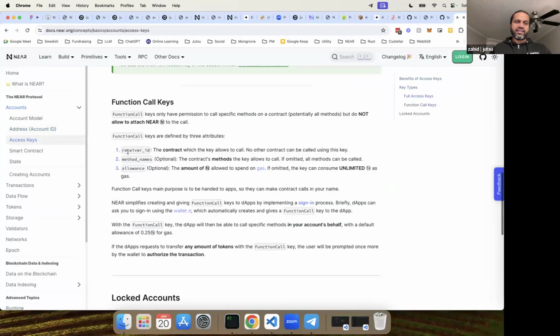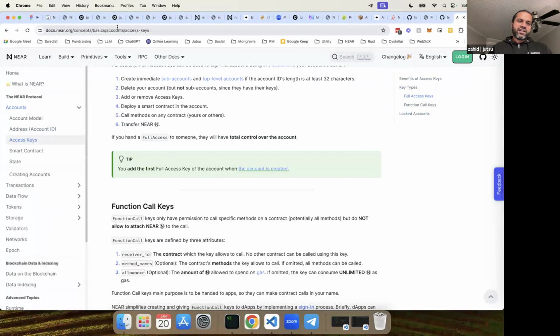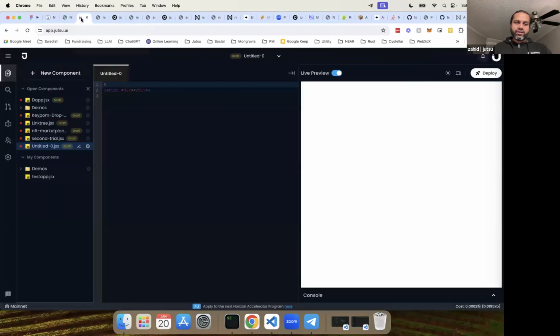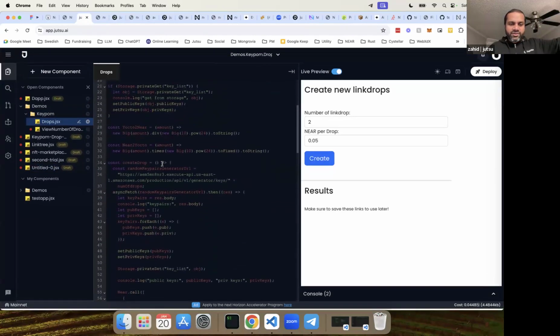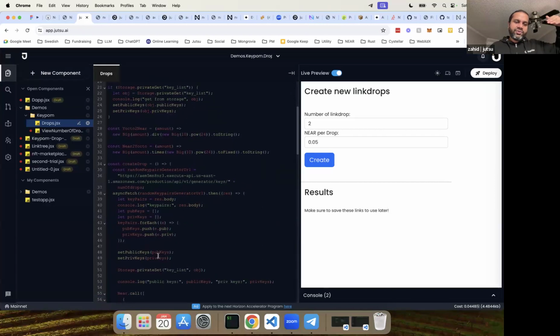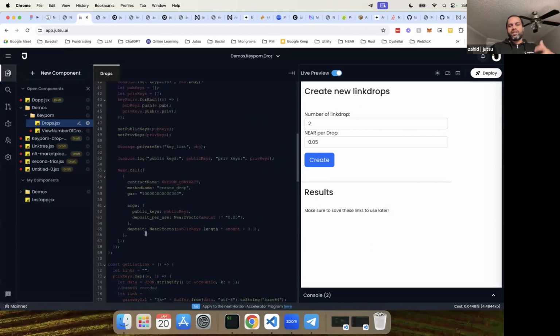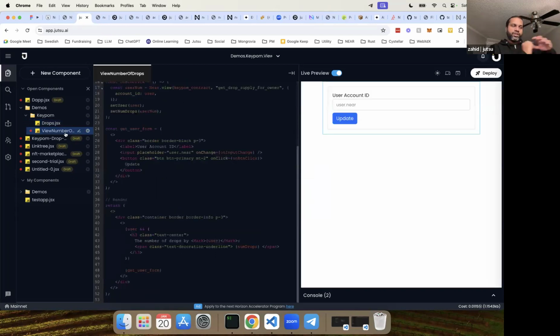So the access key. What we did in our example is basically utilize those concepts. We relied on those concepts and then created a call that keeps on the contract, created a link drop, and then the other one we showed: when we create a link drop, we can also access those link drops and then share with our user. So utilize